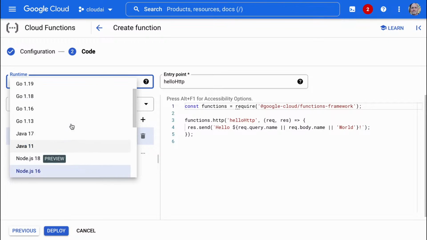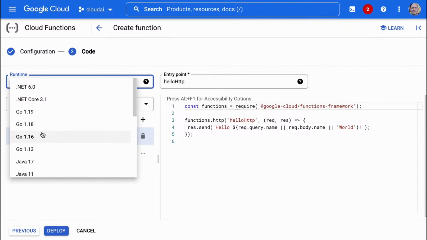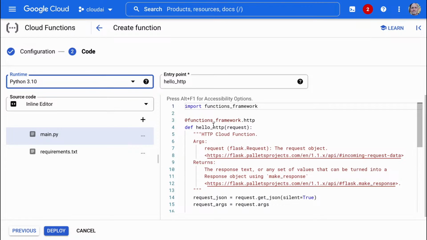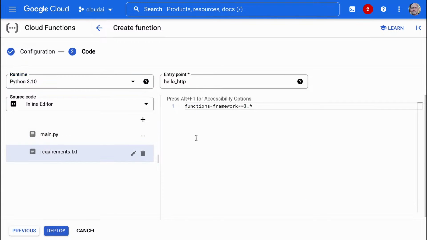So we can pick anything from .NET, Go, Java, Python, PHP, Ruby, a lot of stuff here. We're going to pick Python, the latest version, Python 3.10. And here's where things get a little bit more fun in some sense, in that this environment is, I think, a little more straightforward for building things with dependencies. And notice again here, look, there's just requirements. So you don't need fancy tools. We don't need to install some super fancy third-party installer. You just put the requirements inside of here, and look, this has this particular setup here.